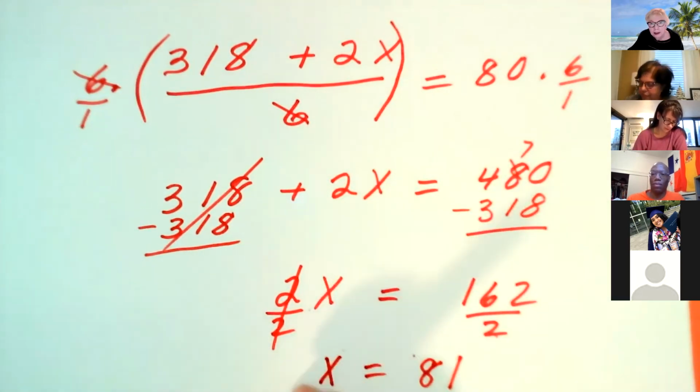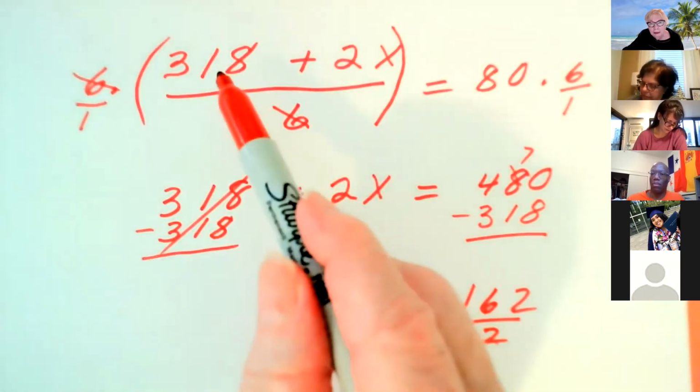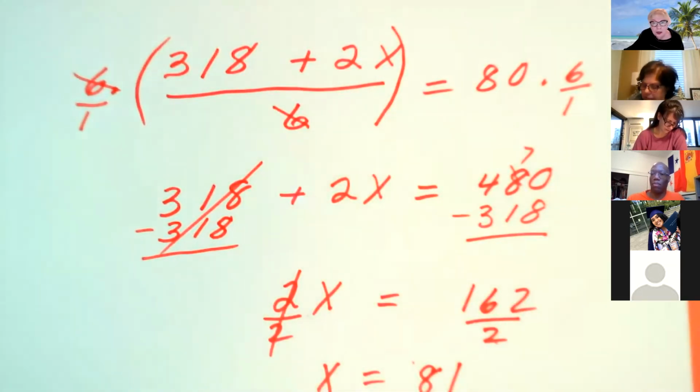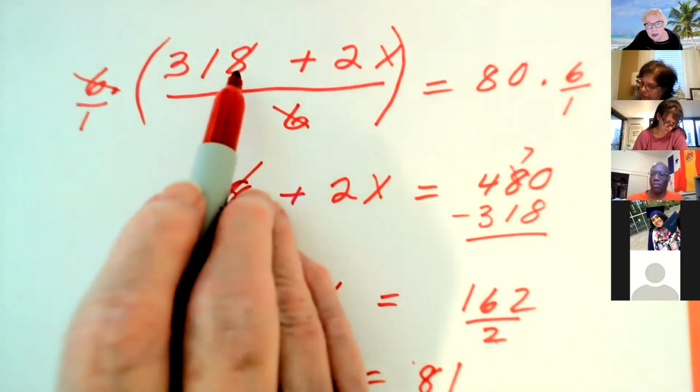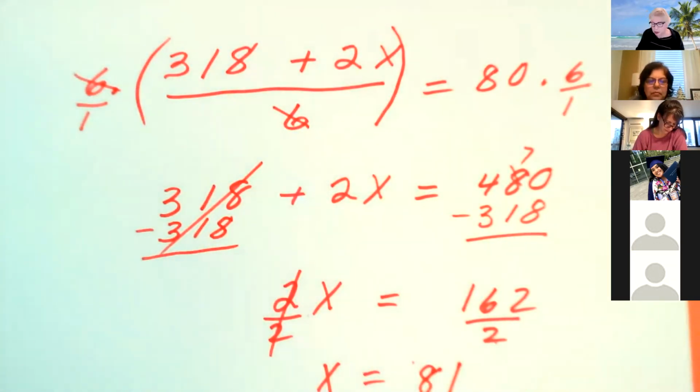So I think that the first step of simplifying was important, because otherwise you have so many numbers swimming around. You want to clean it up as soon as you see that you can. And then you cancel your 6. And I'm starting to hear people